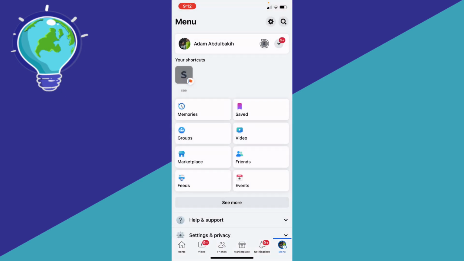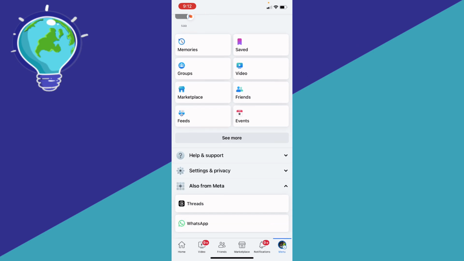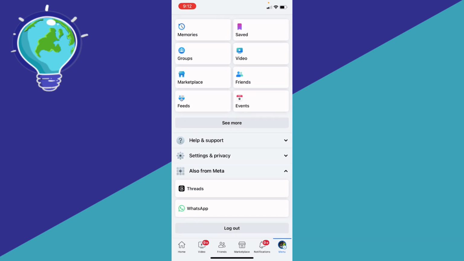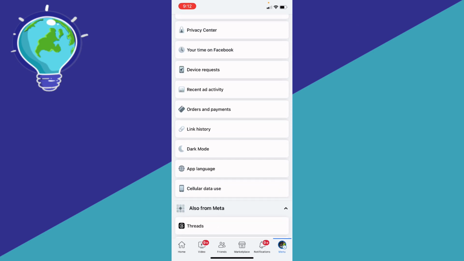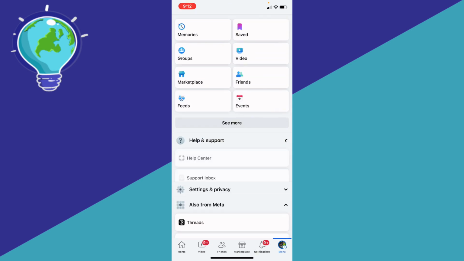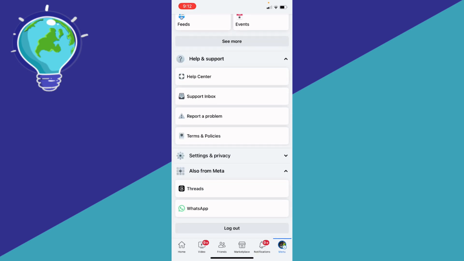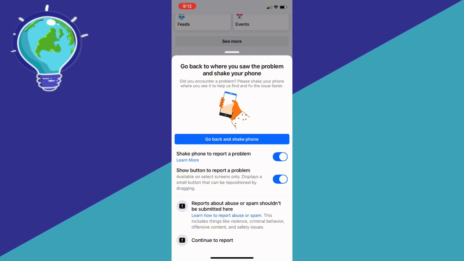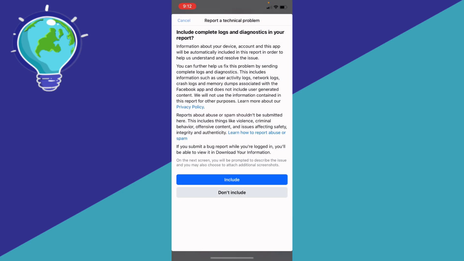If you're still having the same issue of restrictions, go back to the settings or to your profile or the menu, and scroll a little bit down. You're gonna see right here Settings and privacy, and you're gonna be able to see multiple options. Close that window. You can see Help and support, and next you're gonna click Report a problem, right? And continue to report without shaking. Then tell them about your issue to remove the restrictions